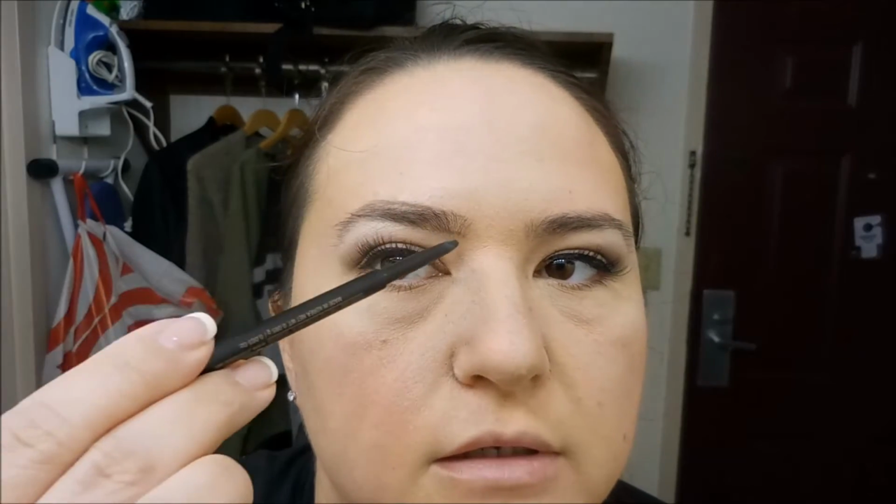Then I take the pencil part and I line the bottom. Okay, so just short little strokes just to give the outline of the eyebrow, and then I do the same to the top. So see how it's taking shape? You can see how I lined it there and here. Short little strokes, trying to draw little hairs basically. Draw little hairs all in there,